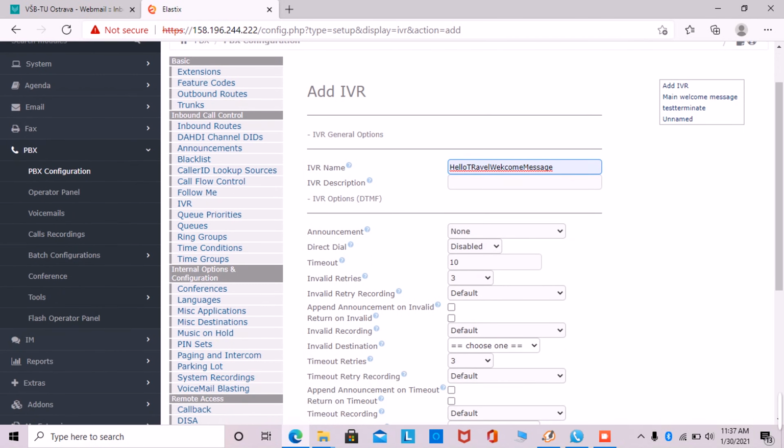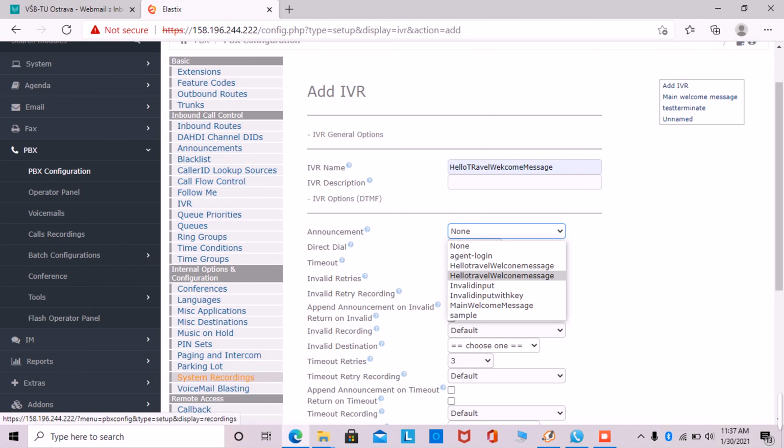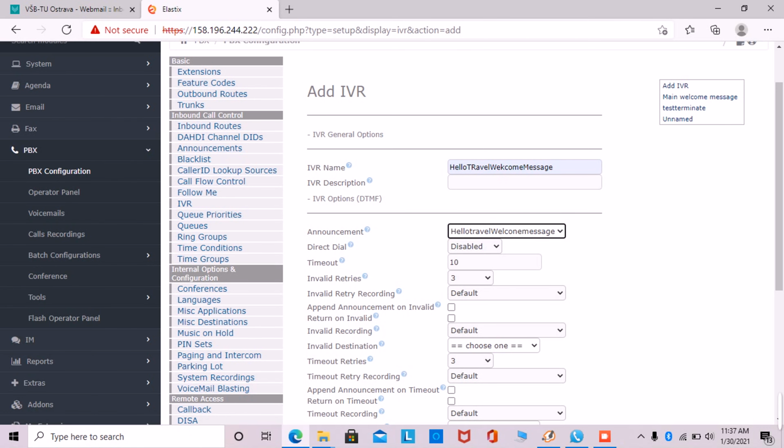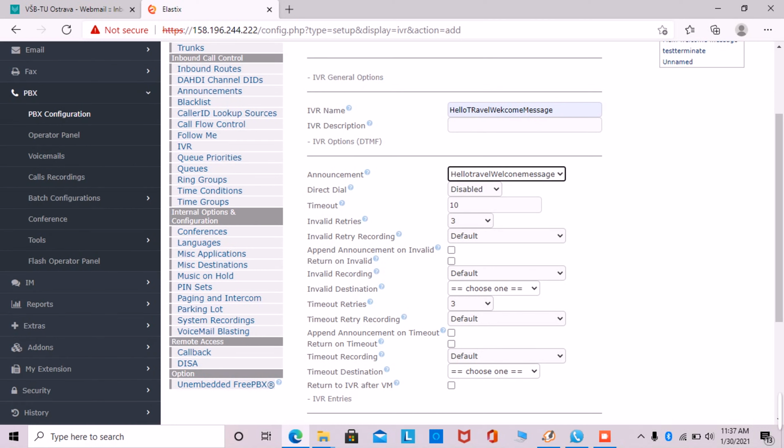Now we have to choose the recording that we uploaded earlier. Here in the announcement section we can find all the recordings that we have uploaded via the system recording procedure. So here we are using our hello travel welcome message as a recording. There are a bunch of other options that you can choose to make your IVR more interactive and user friendly.